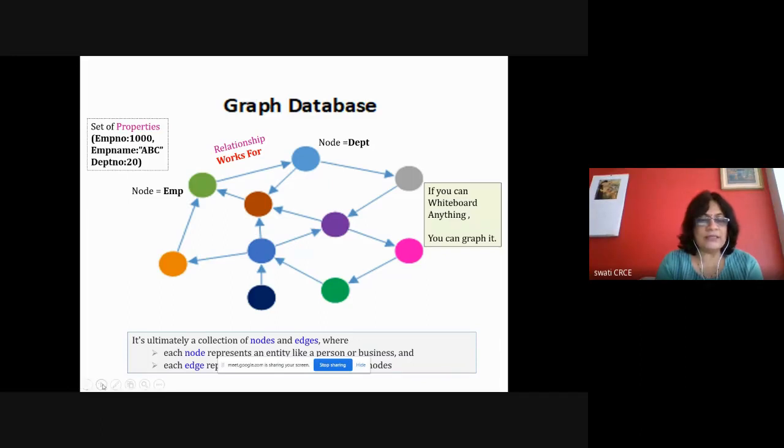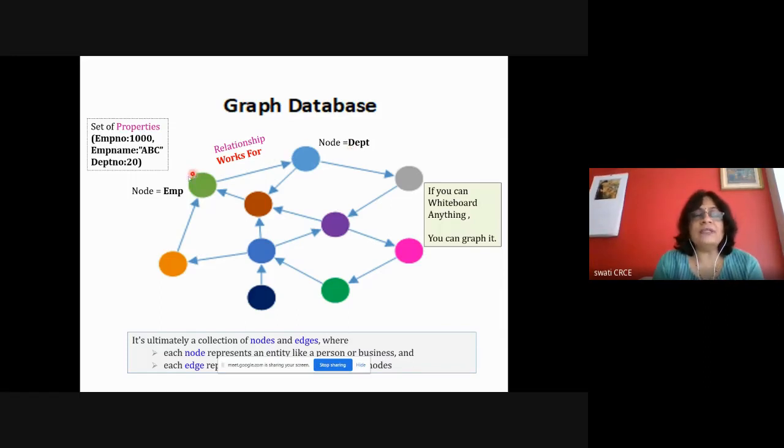Your table is in the form of a graph. Your data, the RDBMS table, is in the form of the entire graph. So the entire table is a graph, and a node is a row. Every node is a row in that table. For example, suppose we are saying that the employee works for the department.